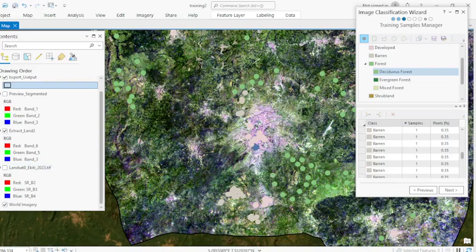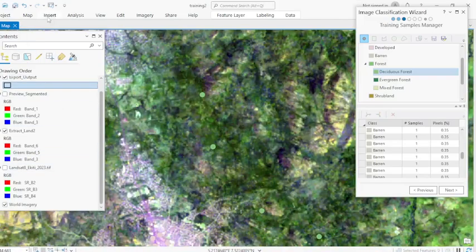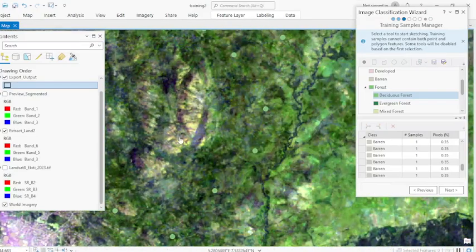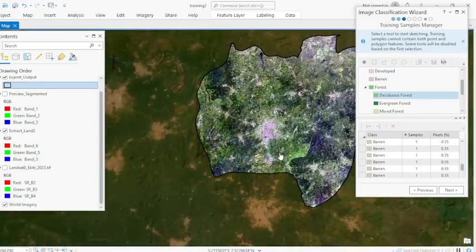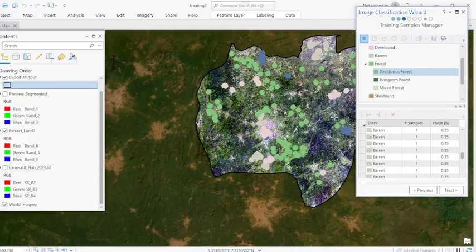So let's take a look at this place. It looks very yellowish. That means it's a barren ground. Okay, so we can also select it for barren. But so green,